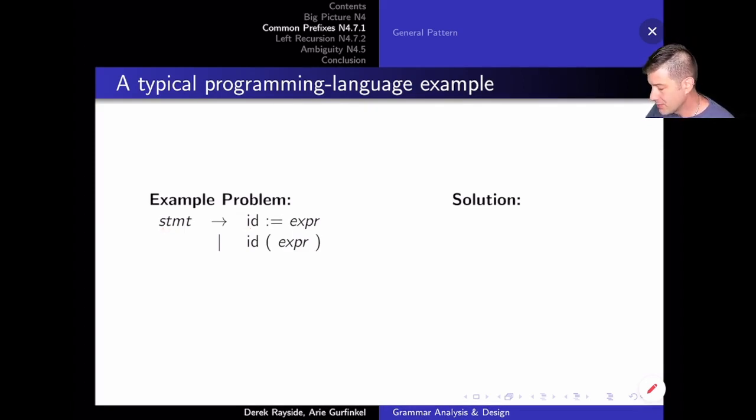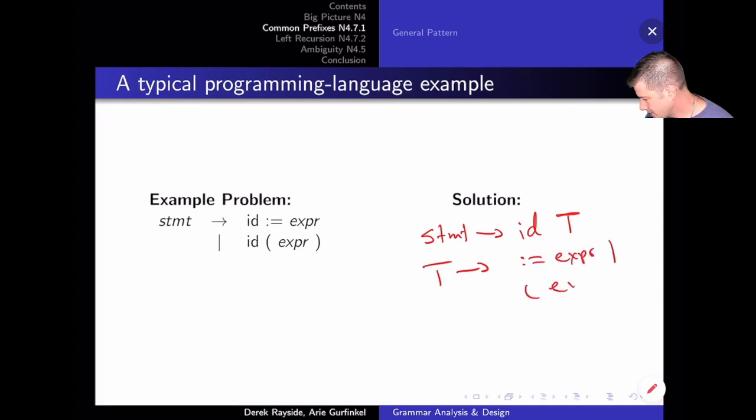Well, how can we fix this? How can we make this LL1? Any idea? Well, essentially, what we want to do is we want to make this choice and put it in here instead of between these two complete rules. So the trick is to move this disjunction further in. And we can do this by just refactoring it the way that you see in the picture and introducing a new non-terminal. So we'll say statement is ID followed by some t, and t is either equal expr